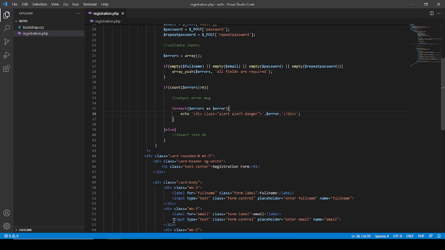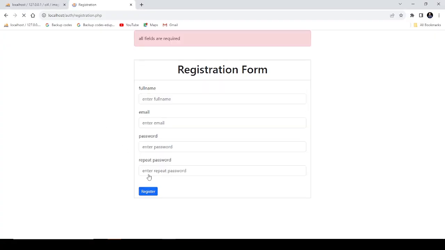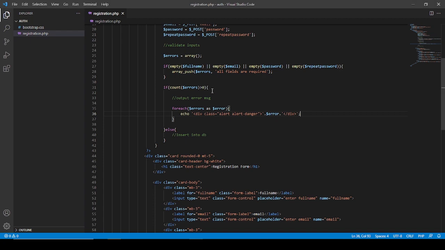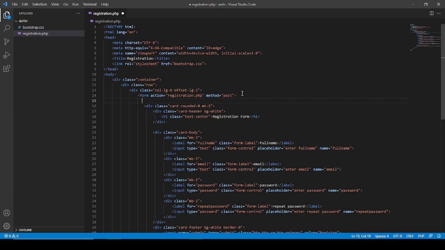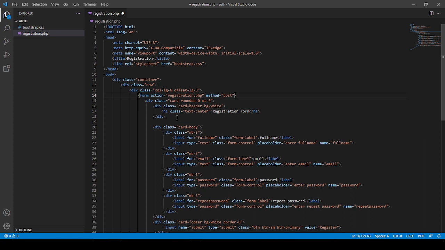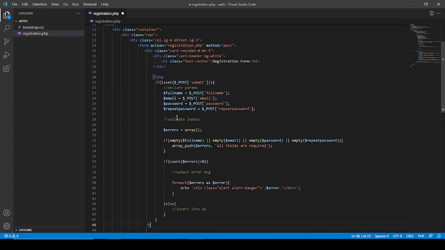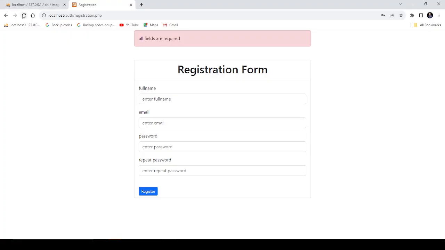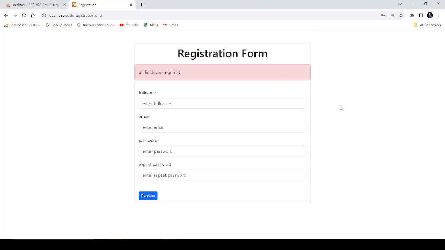So let's now go and check this out. When we refresh, we submit, we have our error message right here. So in order to have this within our form, let's go back and copy all of this, just cut it right here, and then we can put it immediately after our registration form. That is our card header, and then save. We'll go back and refresh, and have it right here. So now that we are able to output our errors, let's go on and add some of the other error messages or conditions that must be met